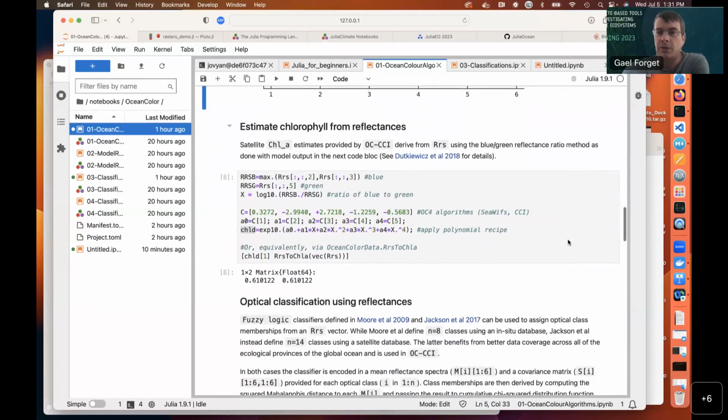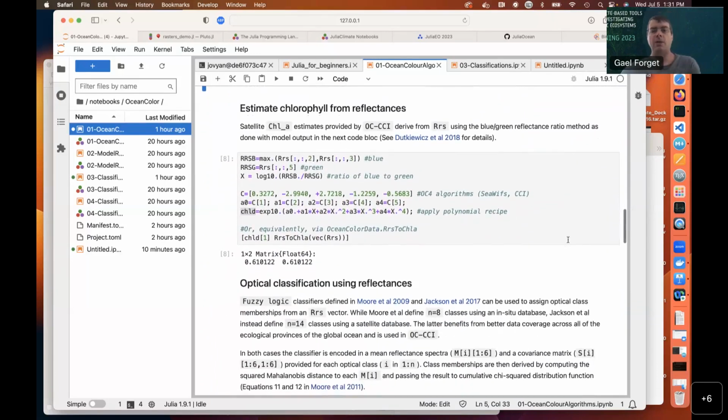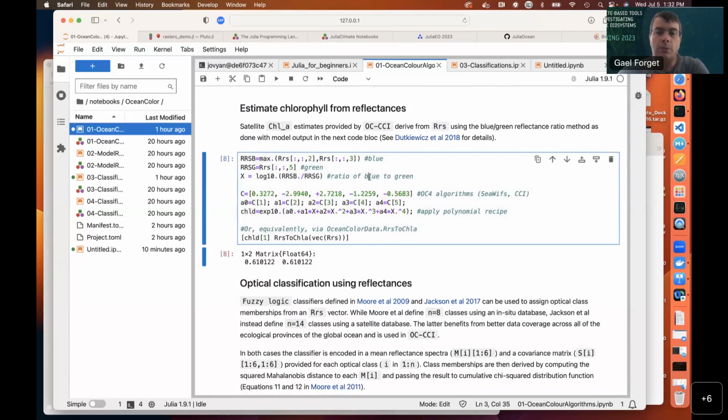The next part of this notebook is going to be the set of formulas that get you from the remotely sensed reflectance to chlorophyll, which is defined as a ratio, as you know, a band ratio between the blue and green values of reflectance. There are several different algorithms that have been proposed to do the conversion beyond that point,